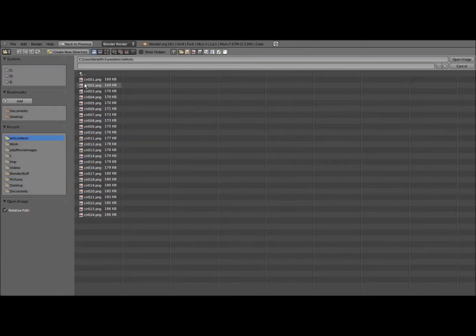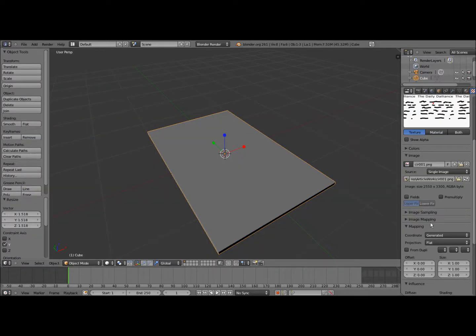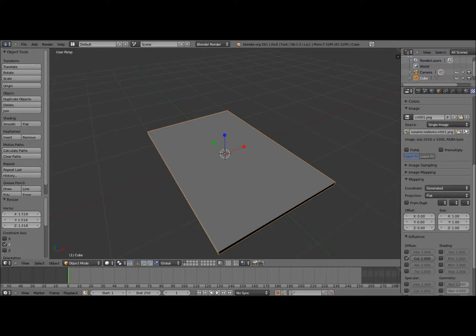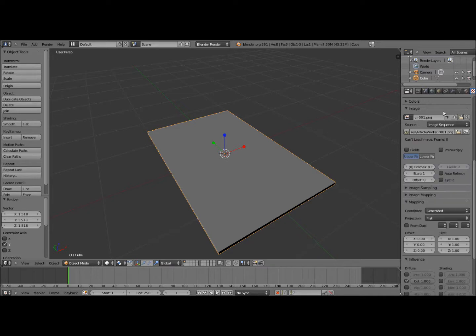Click the Source Control's Image Sequence item to specify that the image you just loaded is one of several images. Check the Auto Refresh checkbox so Blender displays the next image in the sequence when you move the animation time slider ahead or back in time. Type the number of images in the sequence in the Image panel's Frames control, then click the Texture item in the 3D Window's header. This is one of 2 tasks needed to see the first of the loaded images on